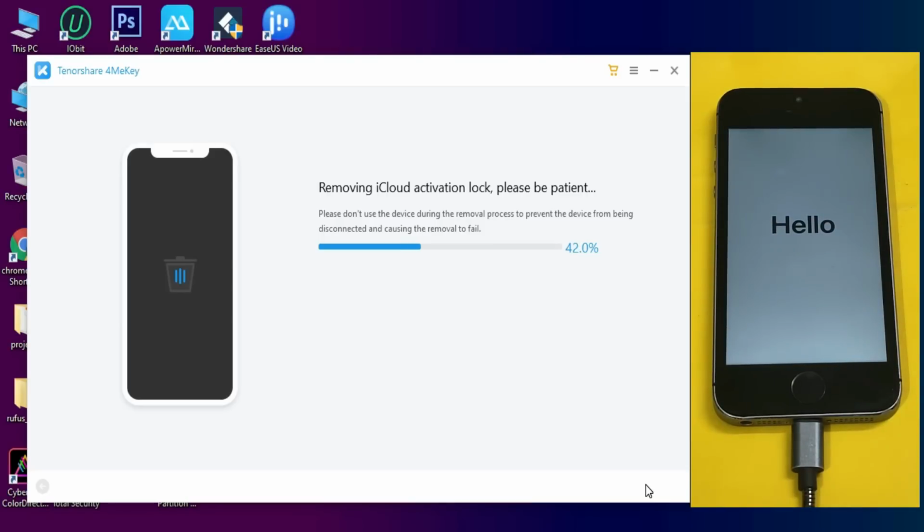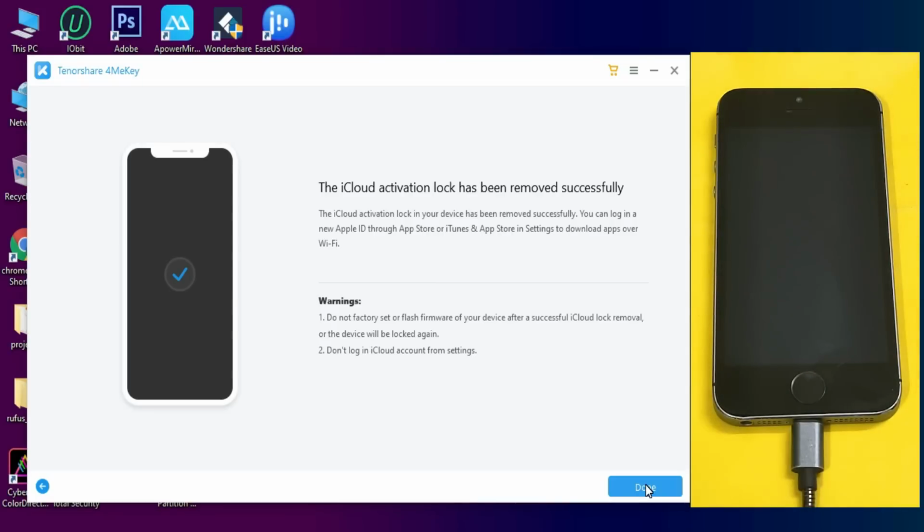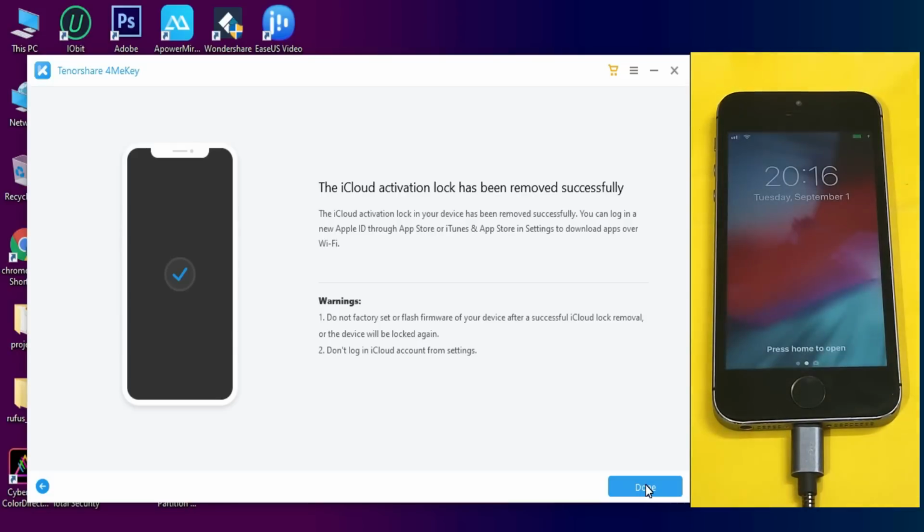The devices that are running on 12.3 to 12.4.8 get directly to the home screen after the first respring. And if you are on iOS 13, after the bypass you have to activate the device again to skip the activation lock. So now the bypass is completed, and now your device will get a respring and it will bypass completely. So just wait for your device to respring. Don't disconnect your device in the whole process. Now the respring has started. Now as you can see, your device is bypassed successfully.